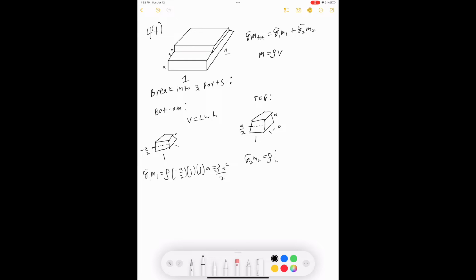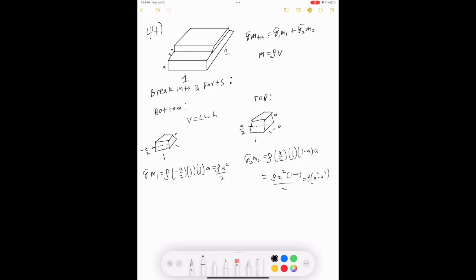That's going to come out to rho times negative a over 2 for our center of mass, times the volume, which is 1 by 1 by a. And then for the second block, it's very similar, except we have a width of 1 minus a instead of just 1, right? So now that we have our center of mass times mass for both of the pieces, we could equate that